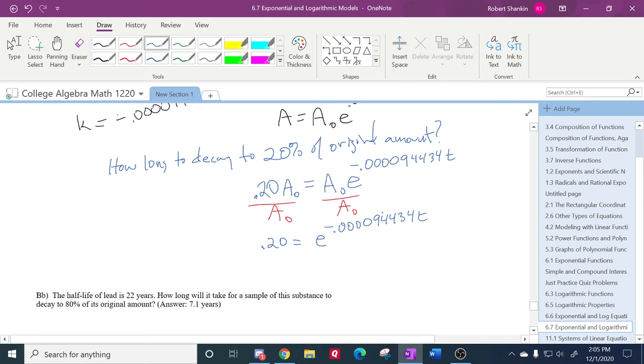And then I have to solve for t. So I'm going to take the ln of both sides. Ln and the e kill each other off. I'm going to get